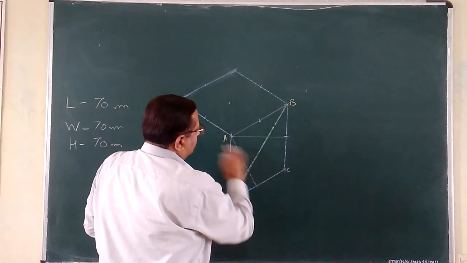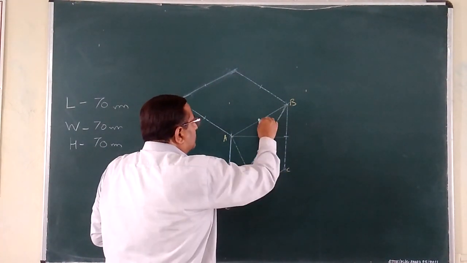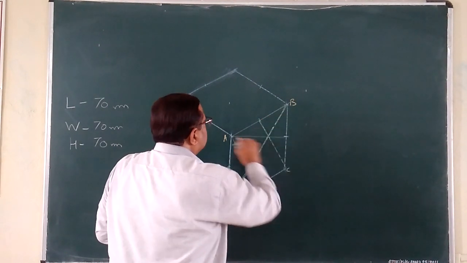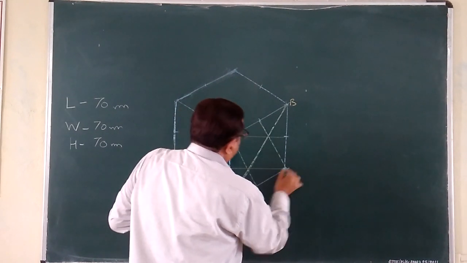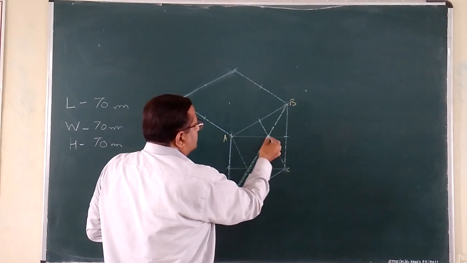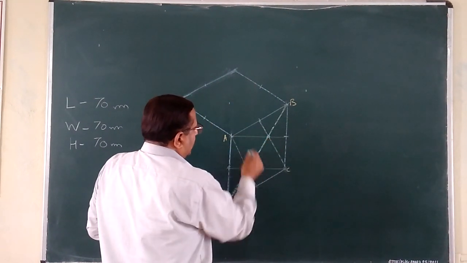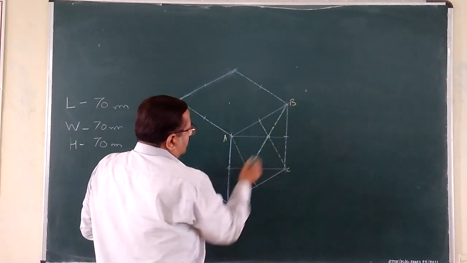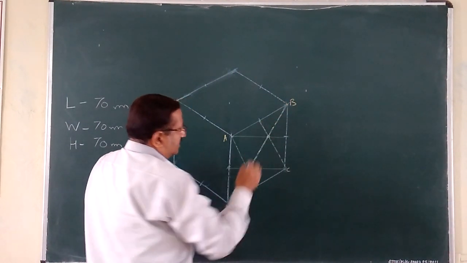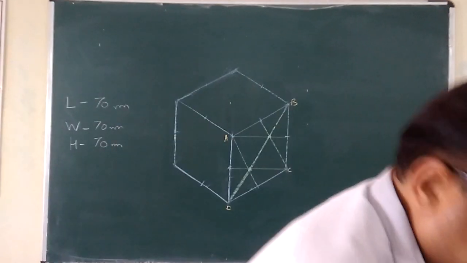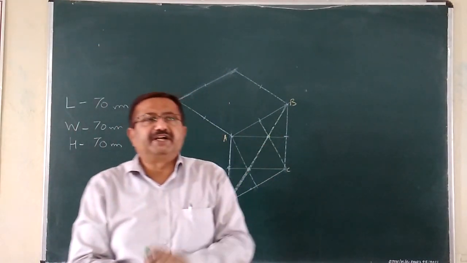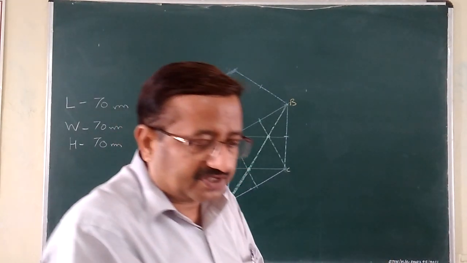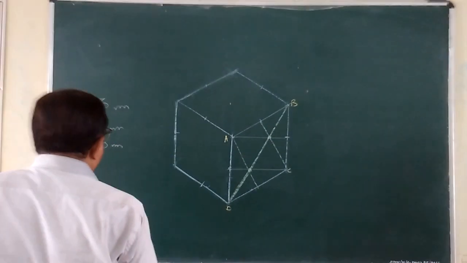Similarly, same reverse activity. Through C, midpoints of opposite sides, that is BA and AD, again you have to connect with this. So the points of intersection of these lines over this diagonal, that we have got. Now this method by which we are going to construct this ellipse is called the four center method of construction of ellipse. Four center method.